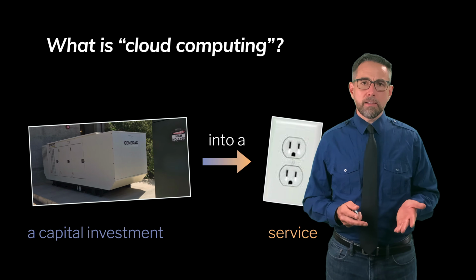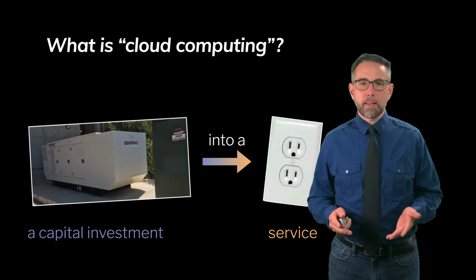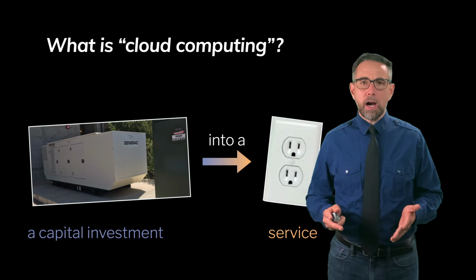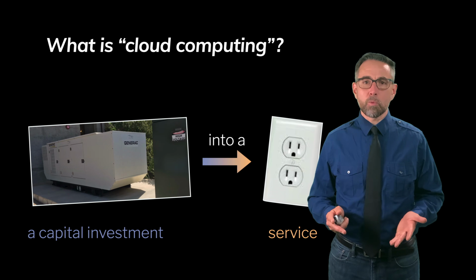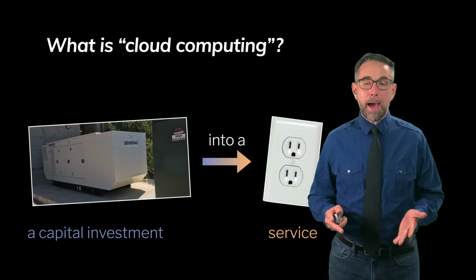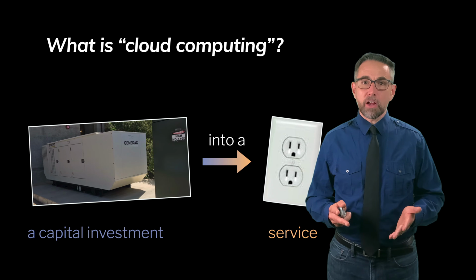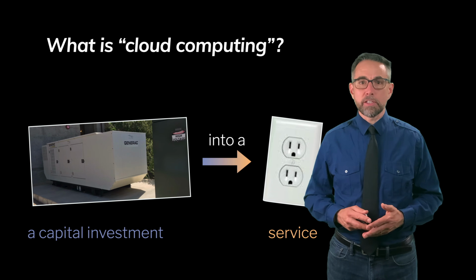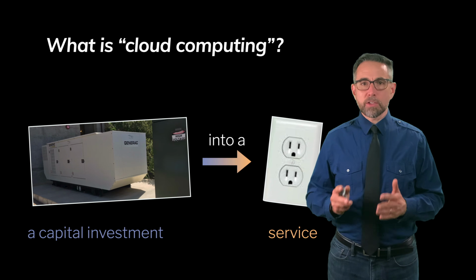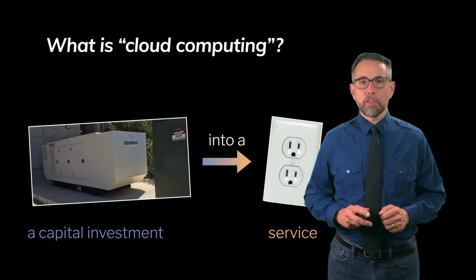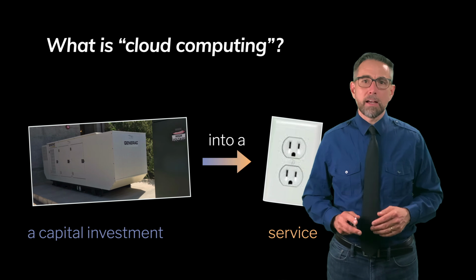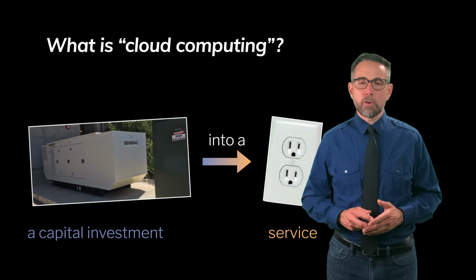Now on the left side, a generator might make sense for an organization like a hospital or some kind of place that has mission critical things going on inside it, that if electricity were to be cut off, maybe people would die or important things would stop happening. In this case, we have a generator on this building so that servers will continue running, servers that run the institution. But when you convert a capital investment into a service, you're outsourcing the running of that generator. And you're doing it because it's cheaper to use electricity on demand, like through using an outlet, than it is to run your own generator.